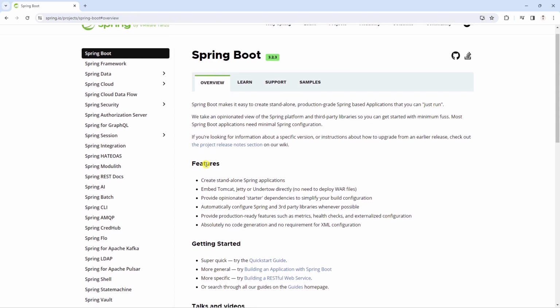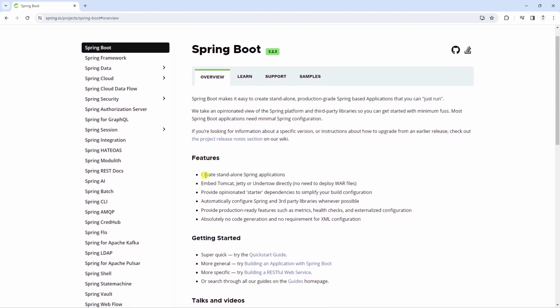The main features allow you to create standalone Spring applications with embedded Tomcat, Jetty, or Undertow to provide the Java web HTTP server. It provides automatic configuration, and you can monitor your production-ready features such as metrics or health checks. And the last one is no requirement for XML configuration.